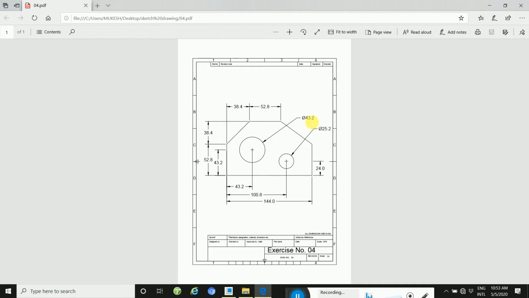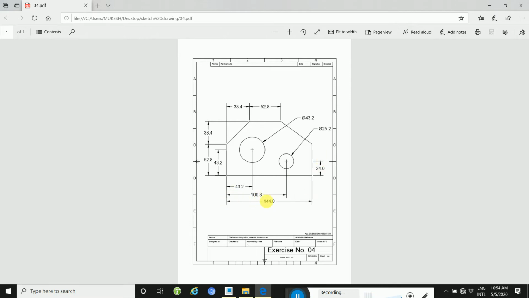The bigger circle is 43.2 and the smaller circle is 25.2, and the height distance is 24. This circle height is 43.2, and this is the origin. You can take this side, otherwise it depends upon your choice. The x distance is 43.2, and the smaller circle x distance is 100.8.